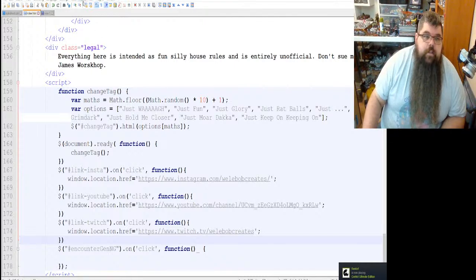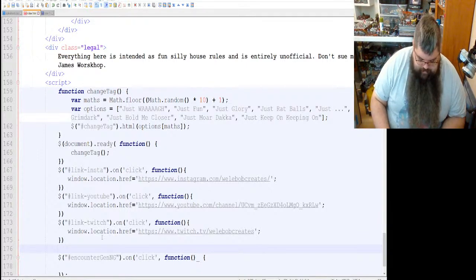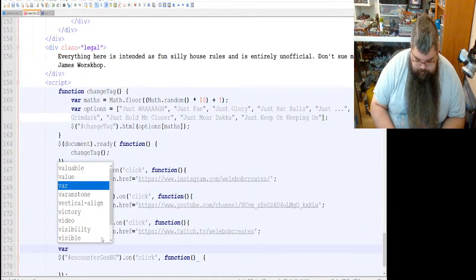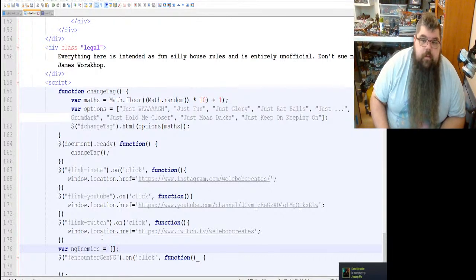Now we're going to have a universal variable. Variable ng enemies equals empty array.